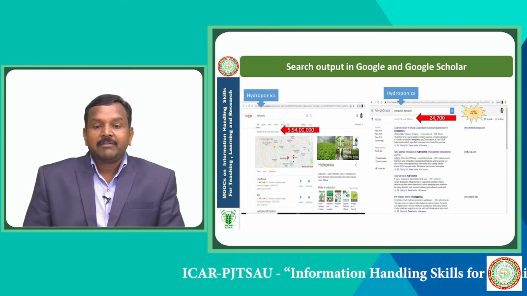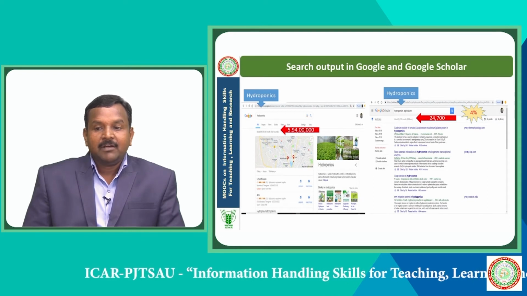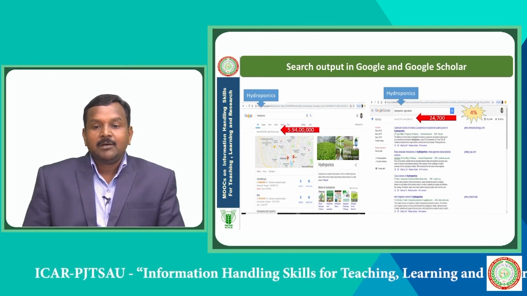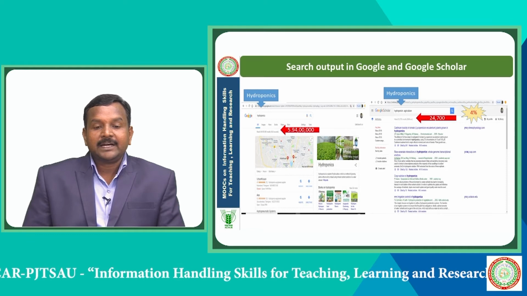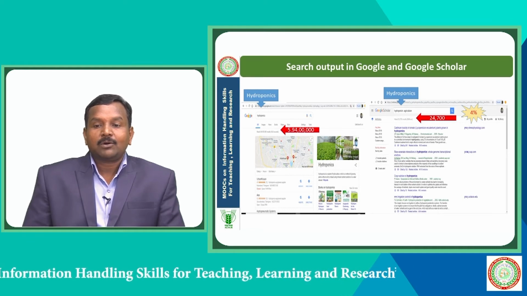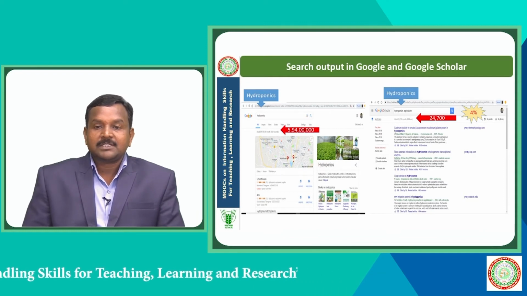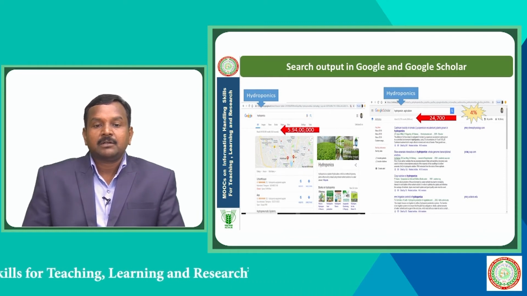So we can say that Google will provide lots of information, whereas Google Scholar will provide precise and related information on any particular topic. Thus we can save a lot of time and effort when we search in Google Scholar.